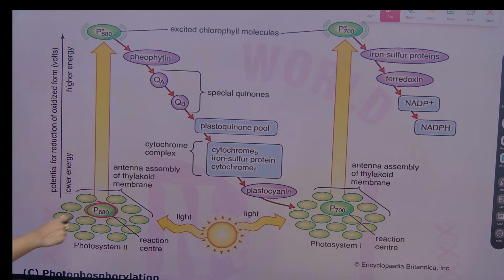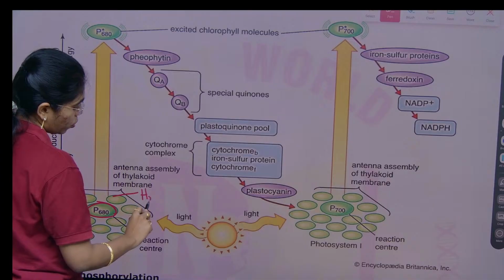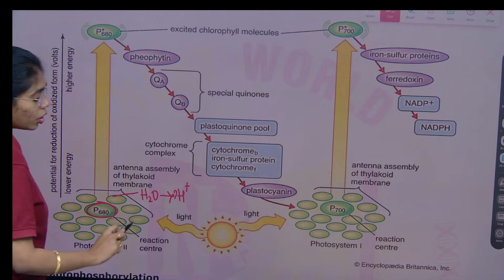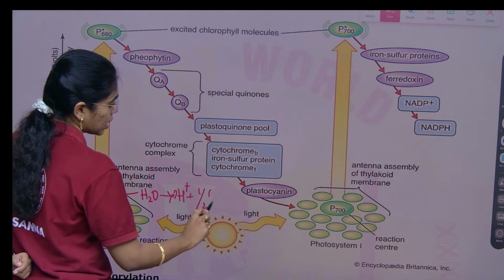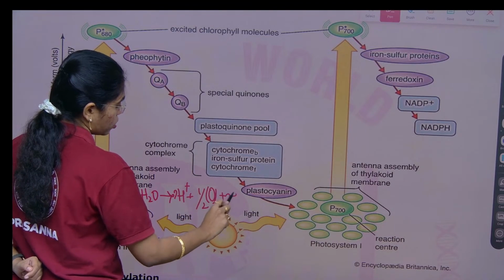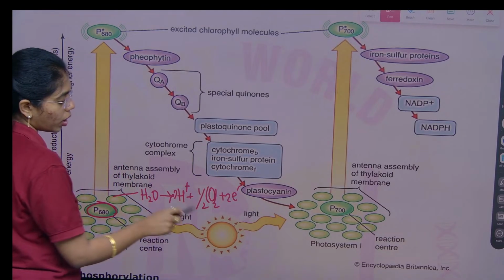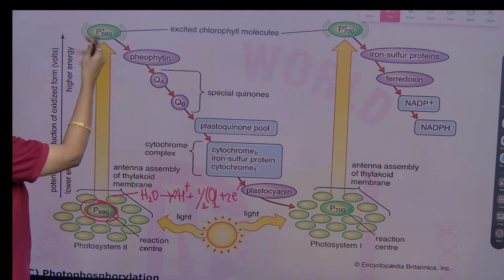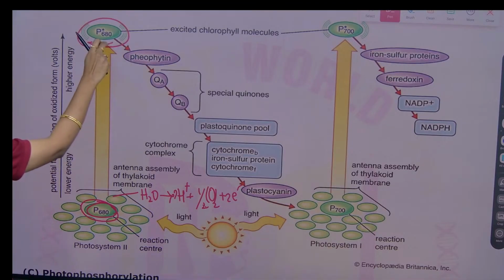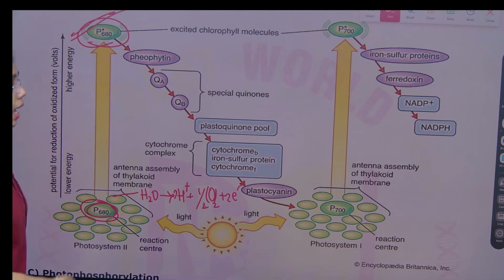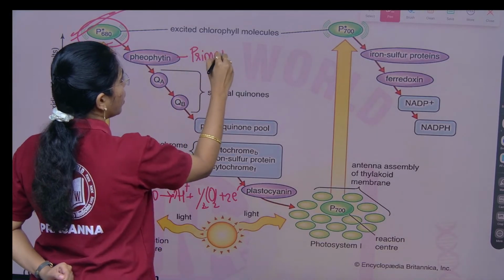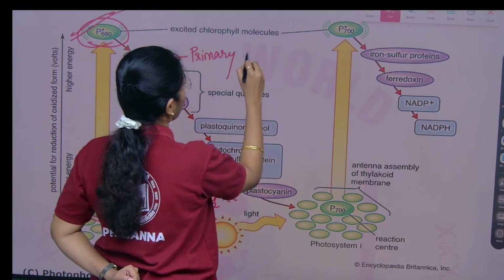where the water is photolysed. H2O is photolysed to 2 H plus, an oxygen atom and then 2 electrons, for a single water molecule. If you take 4 water molecules, then a complete oxygen molecule will be formed. So here after absorption of light in the form of photons, it gets excited. Maximum wavelength of photosystem 2 is what? P680, and the primary electron acceptor is